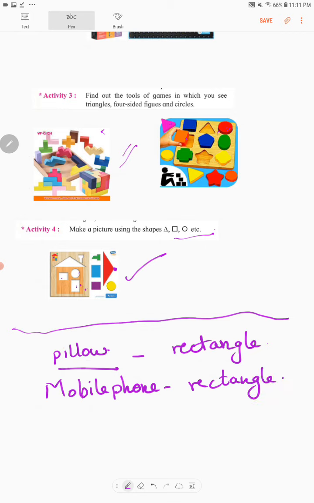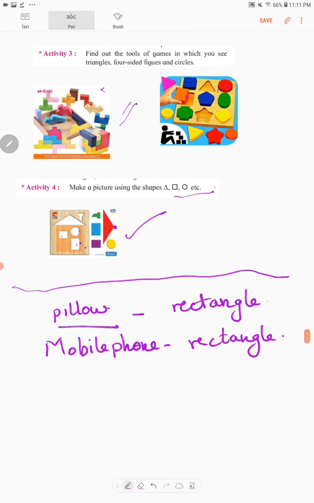The purpose of this chapter is to identify the shapes in various things around you. Now if you see, some people have specs. It has got round specs. Specs are of round shape. These glasses that are there are circular in shape.